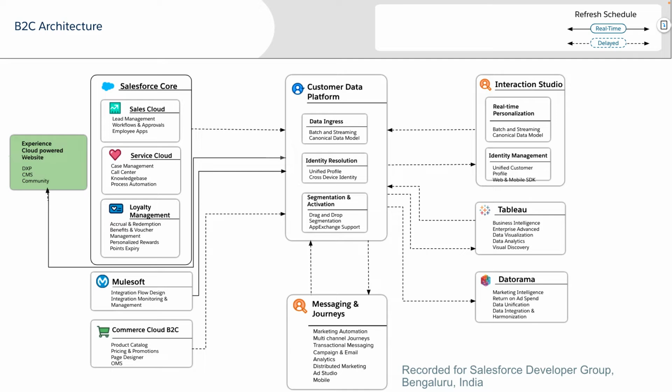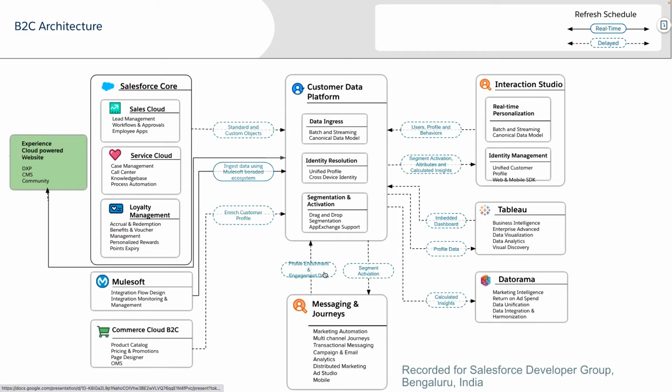What can also be interesting to see is the number of objects or data points coming into CDP or marketing cloud through all these systems. To take an example, between CDP and marketing cloud, messaging and journeys is used to send out emails and communications. It can send out the engagement data, the opens and clicks happening on the emails. It can enrich the profile, as well as take back information from CDP, take the segments which CDP would have created, and push them into journeys in the relevant campaign. So it's sending the profile data, engagement data, and getting back those segments which need to be activated. That's how CDP and marketing and journeys speak with each other and support a scenario in our